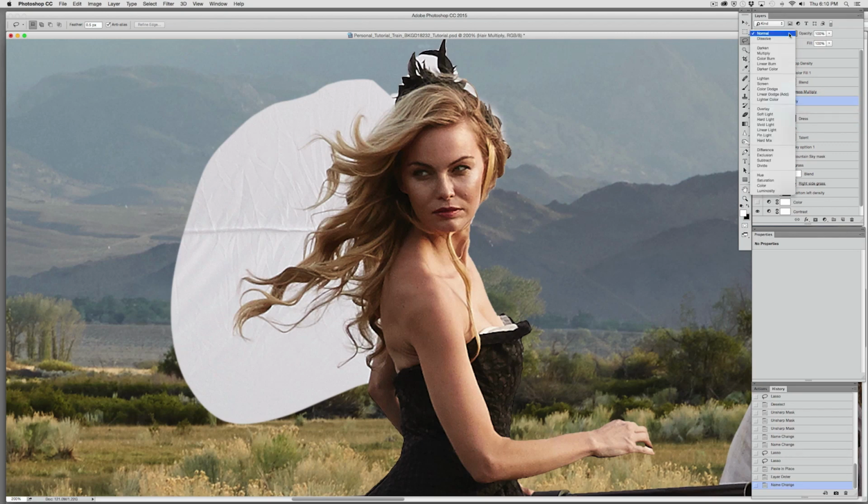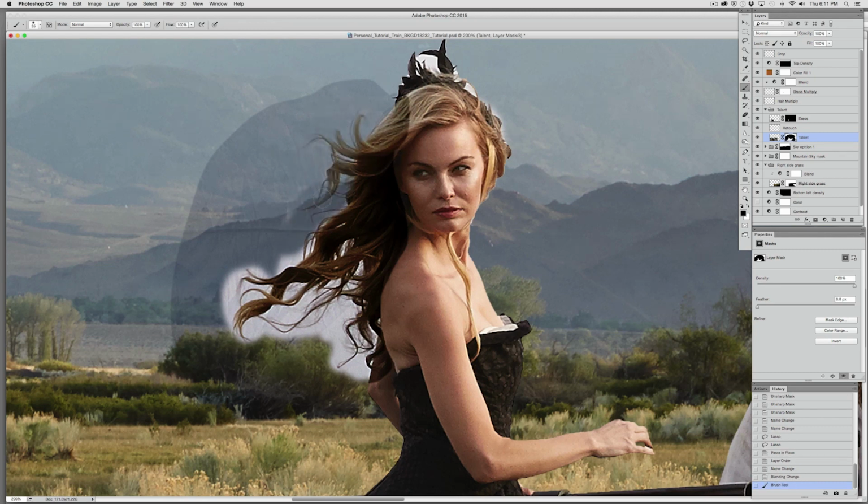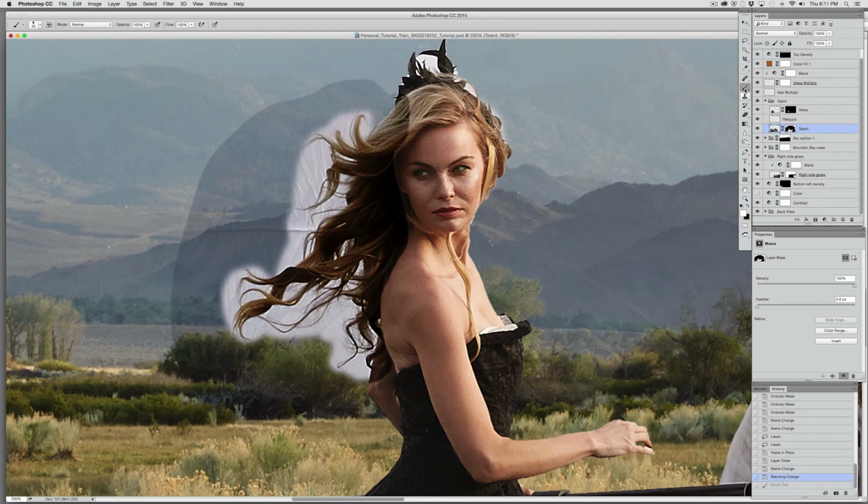And come up here to our blending modes, and we're going to multiply it. Then we're going to come underneath here on the talent. And of course, then we can try to brush away the hair. Oops, wrong tool. And what we see now is that the hair stands out pretty well. Now, what we have to do is not just use the multiplied hair, but we have to blend it in there. So let's just come in, I'm going to undo what I did,